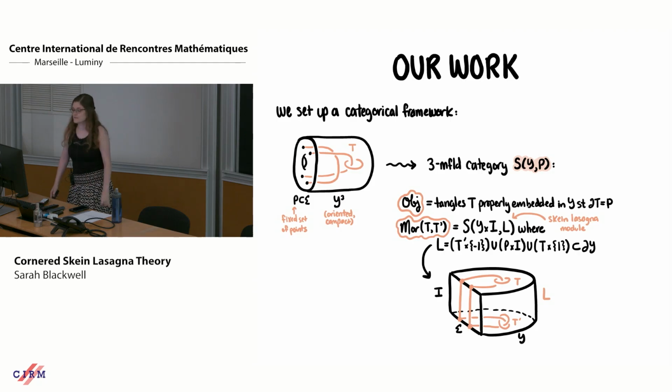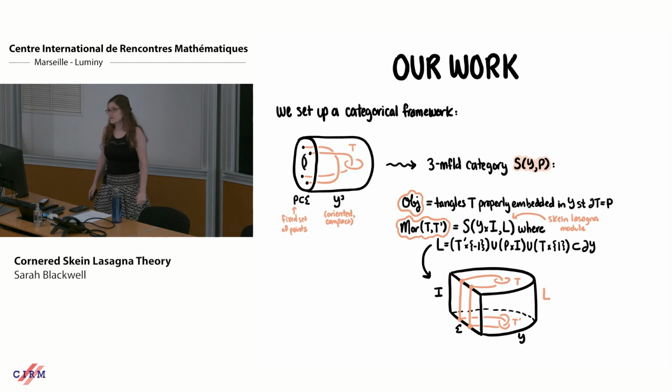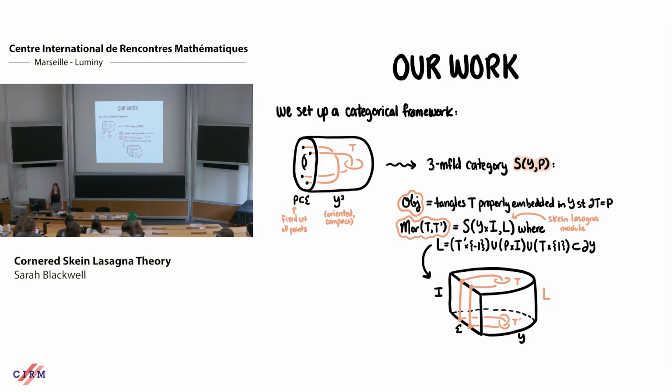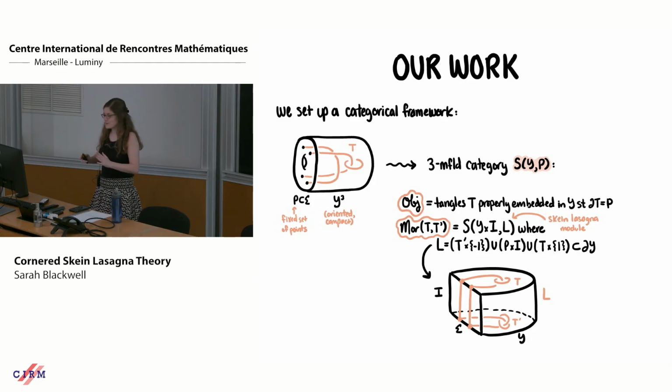I noticed that already you have a 4 manifold with corners. Is that something I should worry about yet? So the question is that Dave's worried about corners, and yes and no, because what I'm about to do is have a 4 manifold with 2 of these things as its boundary, and I'm going to build something from this. So it's both a good and a bad thing. So are you going to collapse this interval piece to get the manifold with corners? Oh, no. So the question is, am I going to collapse this interval piece to get something with corners?